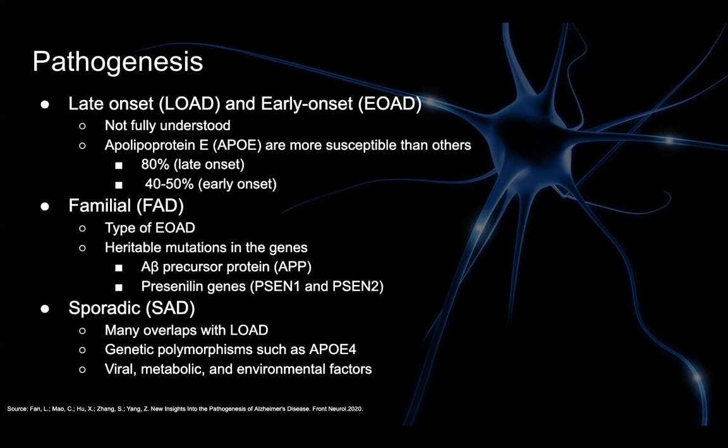It's been proposed that there may also be viral factors that lead to transmission of prion diseases capable of inducing Alzheimer's disease, metabolic factors that may be due to comorbidities such as diabetes. Some scientists even refer to Alzheimer's disease as type 3 diabetes. There's also environmental factors that come into play, which I will go into more details about later.